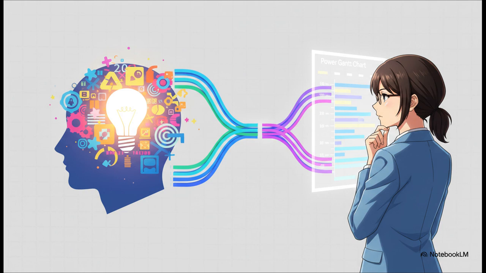But it's not just about exploration. This next set of visuals, man, they open up completely new ways to see your data. The Sankey chart, it's amazing for visualizing how things flow from one stage to another. The word cloud is fantastic for making sense of text data. And the Power Gantt chart, that's an absolute game changer for anyone in project management. These are literally brand new tools for telling brand new kinds of stories.